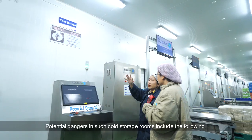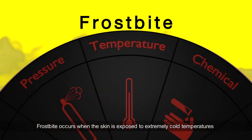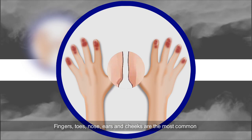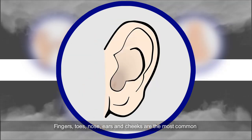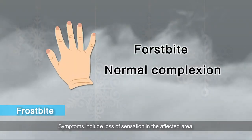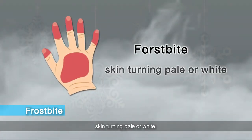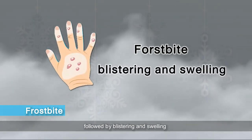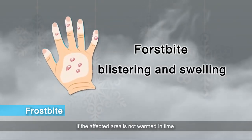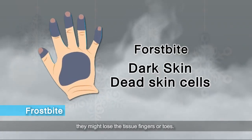Potential dangers in such cold storage rooms include the following. Cold-related injuries. Frostbite. Frostbite occurs when the skin is exposed to extremely cold temperatures. Fingers, toes, nose, ears, and cheeks are the most common. Symptoms include loss of sensation in the affected area, skin turning pale or white, followed by blistering and swelling. If the affected area is not warmed in time, and exposed to the cold continuously, they might lose the tissue,